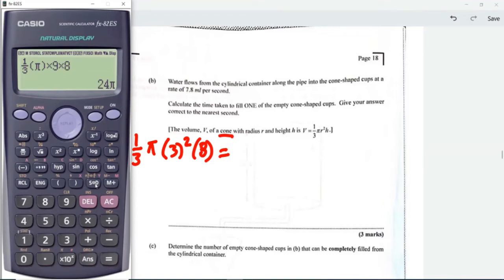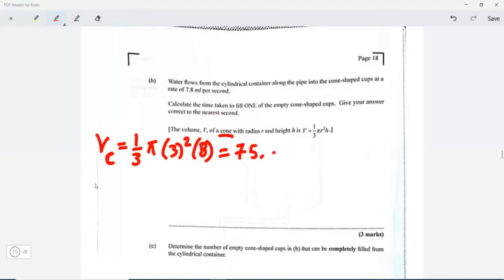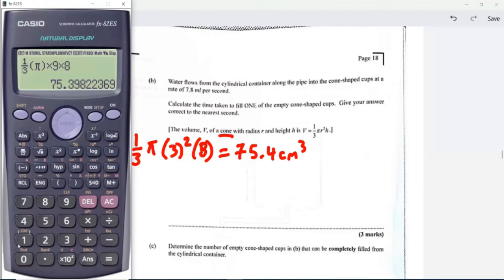The decimal equivalent is 75.4, and this is in centimeters cube. So if we divide this by 1,000 to get it into liters, dividing this by 1,000 is going to give us